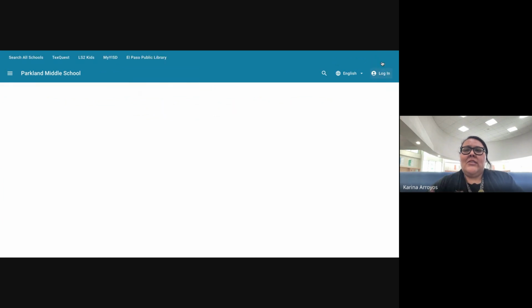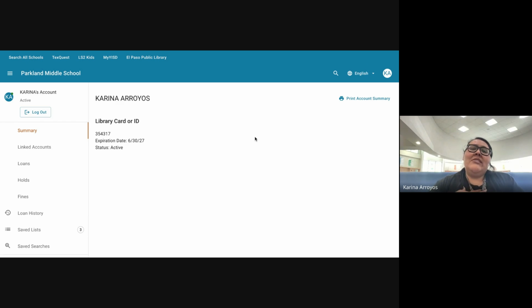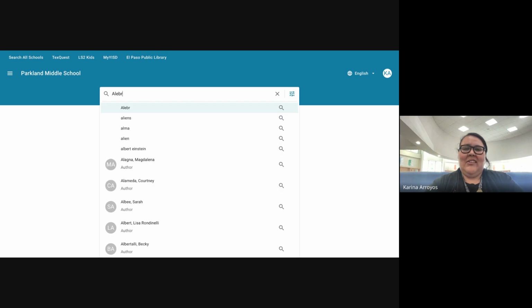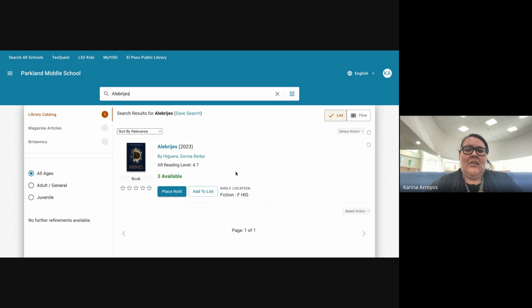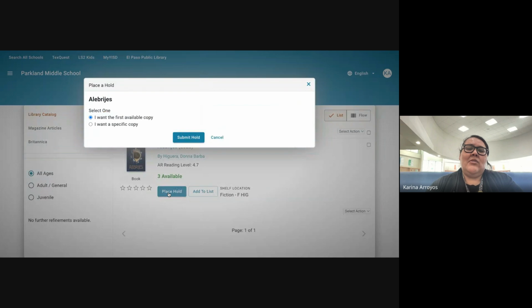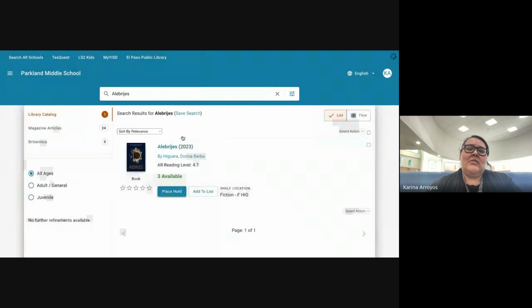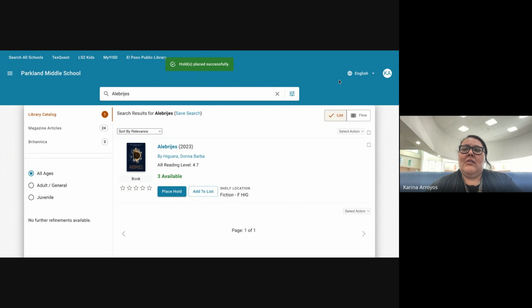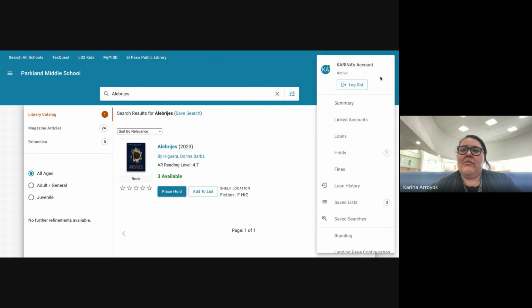As a student, I would log into the LS2. So this is my account. Let's say, for example, I'm looking for a book, and we'll do this book again. Do you see how here it says place hold? So I'll place the hold. And then if I go back to my account,